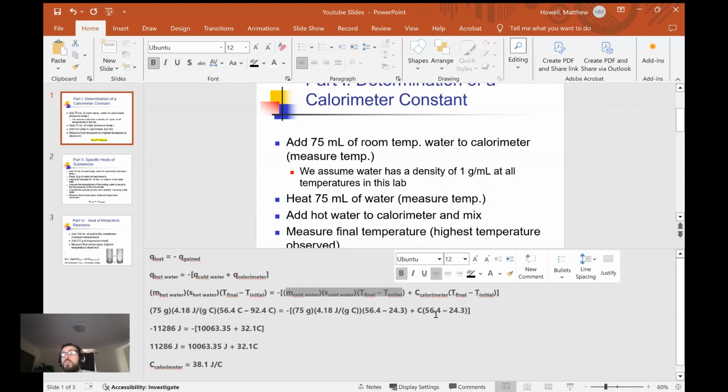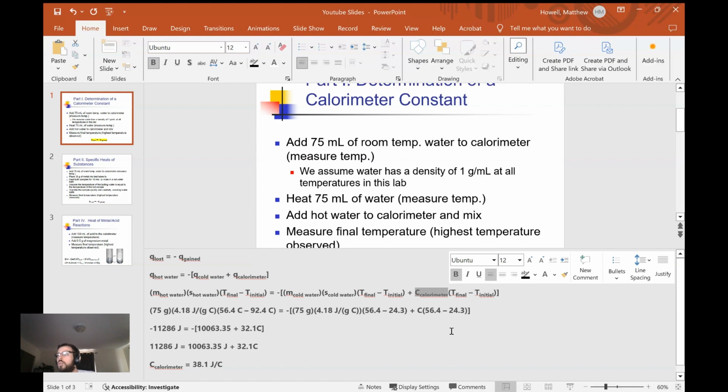And then we can also remember that when we're talking about a calorimeter, we don't much care about this m s. We multiply them together and represent it as just a calorimeter constant, also known as a heat capacity, in contrast to a specific heat capacity, which I have denoted with a lowercase s. And so setting up the equation that way is all we need. Now, I think in class I showed how we could basically rearrange this expression to isolate the variable C calorimeter by itself. But you can see that it's not strictly